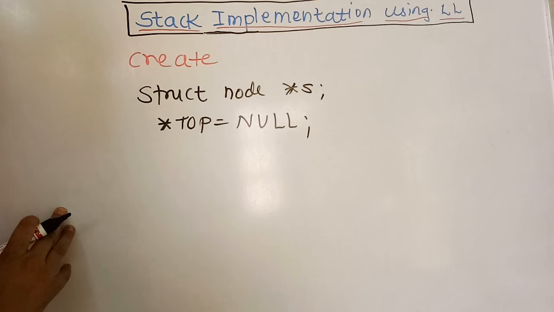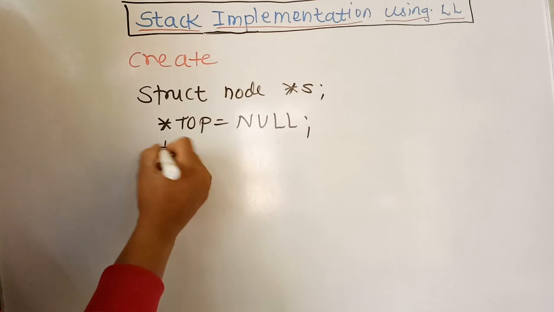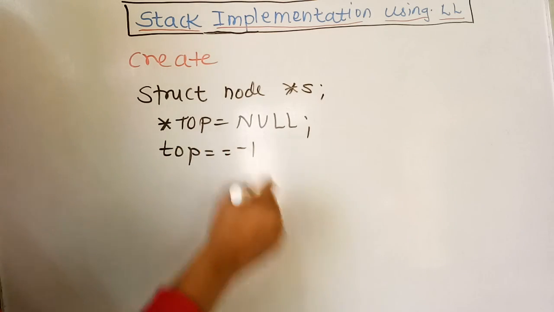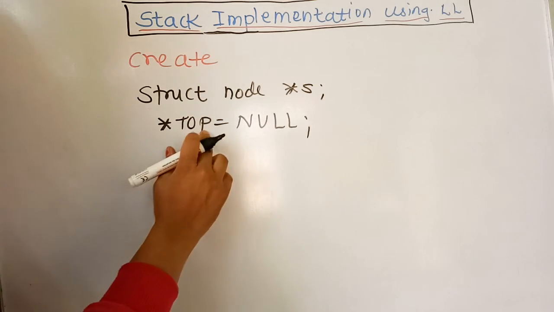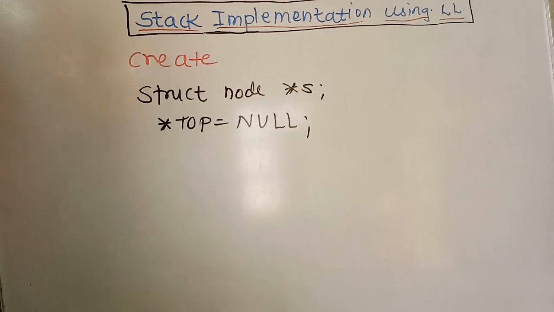While implementing the stack representation using arrays, we used top equals -1 to mean it is empty. Now in terms of a dynamic mechanism, we are making it top equals NULL. The second operation is nothing